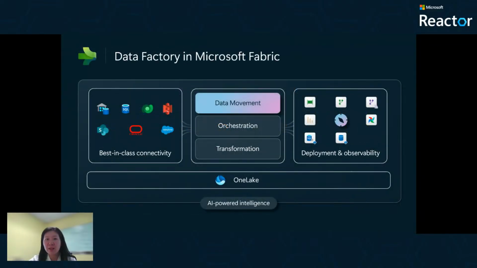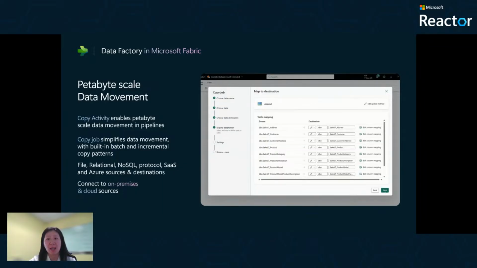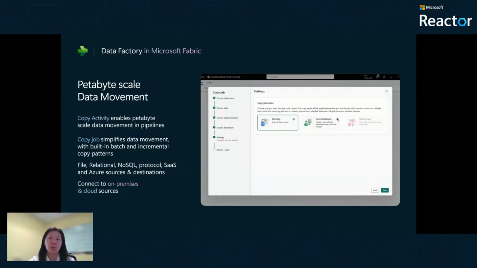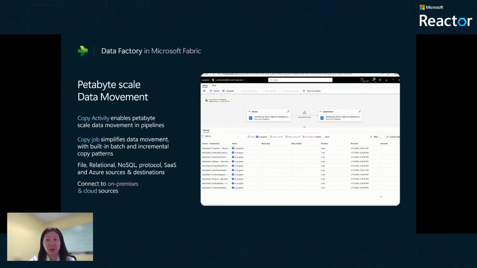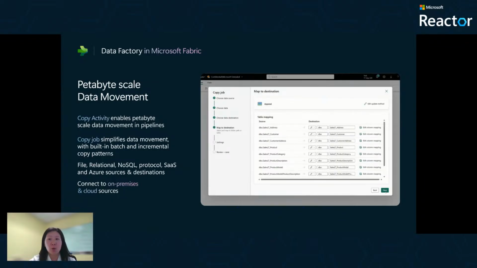So next we will talk about data movement. We aim to make it really, really easy to move large volumes of data, essentially taking care of performance, reliability, and scale. So Fabric includes the widely adopted petabyte-scale copy capabilities in ADF, enabling customers to move massive volumes of data with ease and at low cost. Our connectors and gateways support the petabyte-scale copy across a wide variety of data sources, including files, relational,